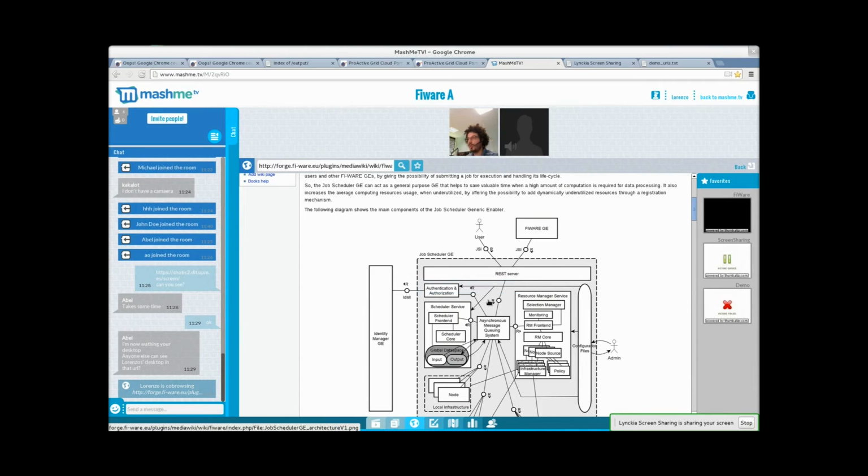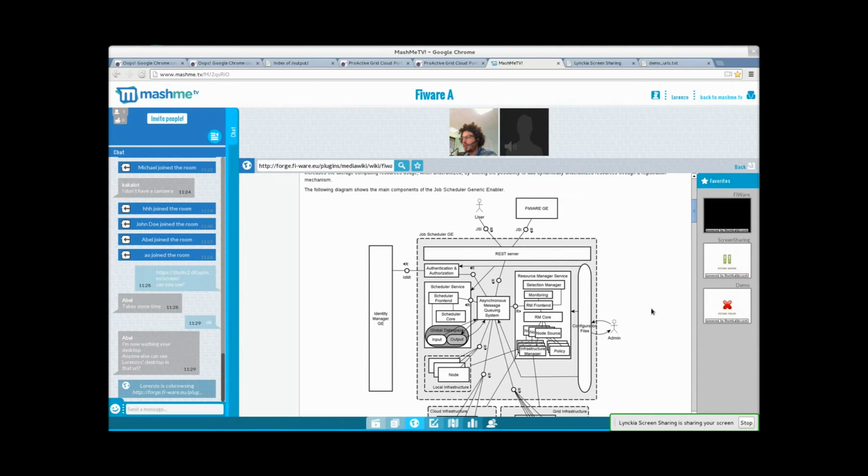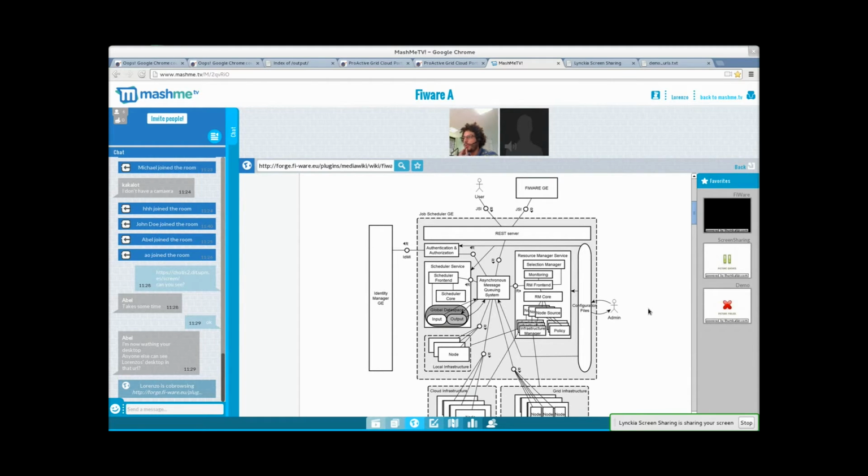We have seen in the previous slides, which I'm going to furnish after the webinar, that the job scheduler consists of basically a box. The interface to the external world can be done at the moment through the REST API that offers a representation of the scheduler and the resource manager. As you can see, users can access the REST API as well as the other FI-WARE generic enablers. The main components are the scheduler and the resource manager,